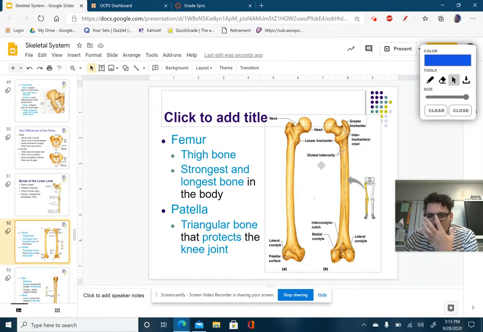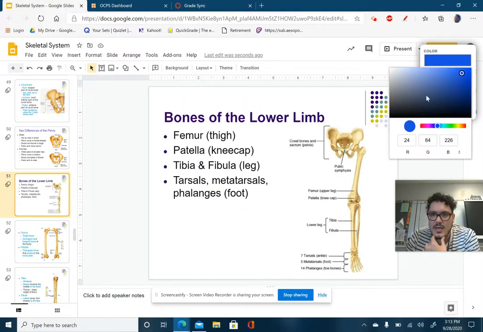Let's talk about the femur, or the thigh. It is the thigh bone, one of the largest bones of the human body, so one of the strongest bones of the human body as well. We've got to make sure we know this. Again, I always think of the classic cartoon bone that somebody uses when they're clubbing somebody, but typically that's going to be a femur. The patella, you don't really see it on this picture,